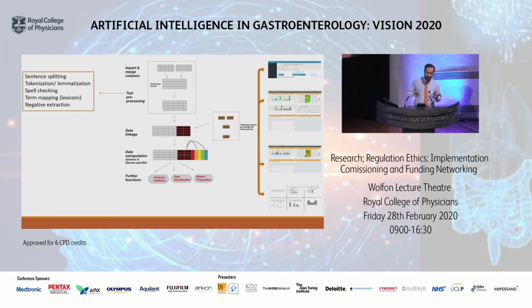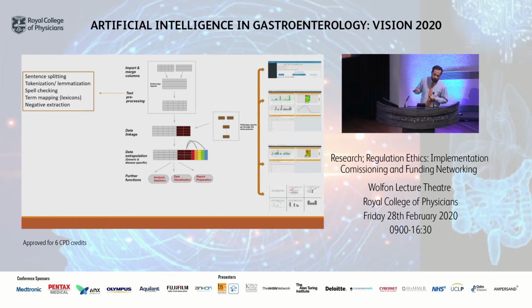And then, of course, there's the negative extraction, which is always a very difficult sphere. This patient, as we've seen before, doesn't have Crohn's, so there's no point including that in your positive metrics. So those are all very difficult hurdles to jump over, but with the help of a lot of pre-existing natural language libraries, we have managed to deal with them. I would say one thing is that the term mapping is difficult, and this has had to be